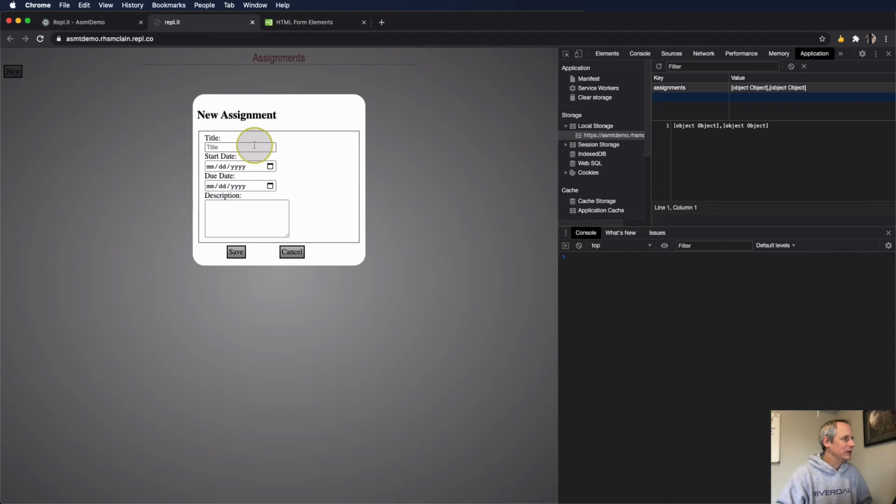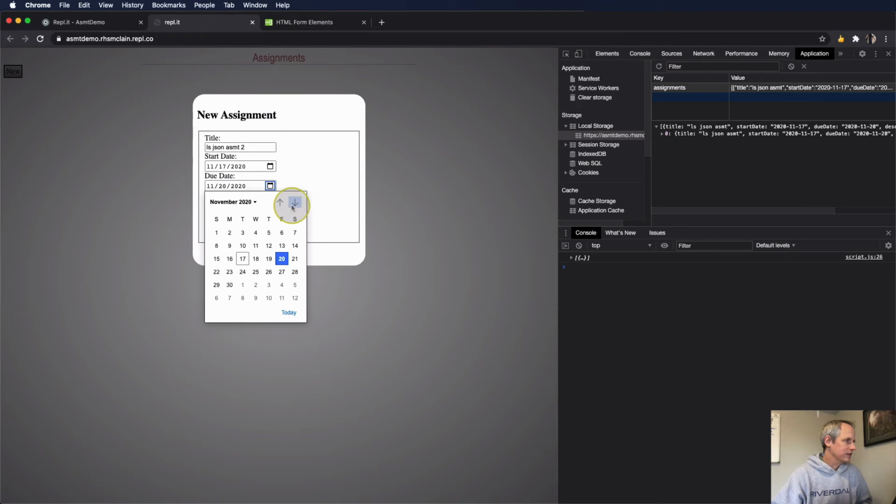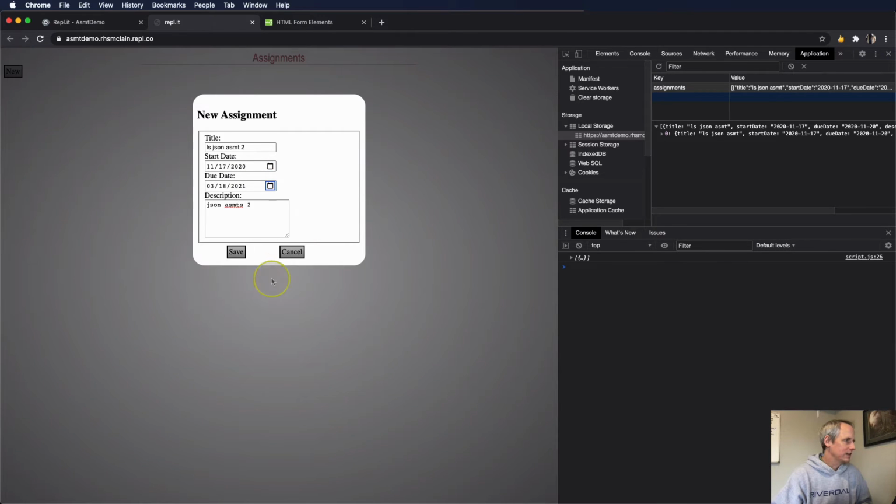Reload, new, title, ls JSON assignment. We're going to go 17th, 20th, JSON assignments, save. Now in here we can see it as JSON. Okay, that's good. I like that better. And if I do 2 and 2, and let's push this one into 2021 somewhere and save. There we go, that's in 2021, so that's looking pretty good. I like that result a lot better. Makes a lot more sense. All right,